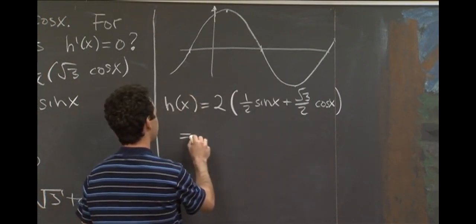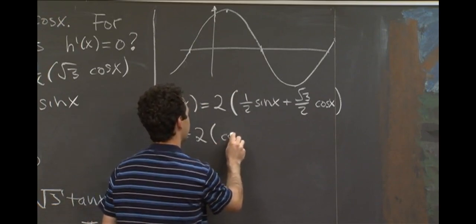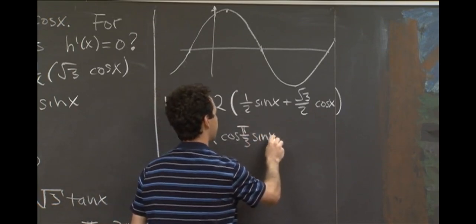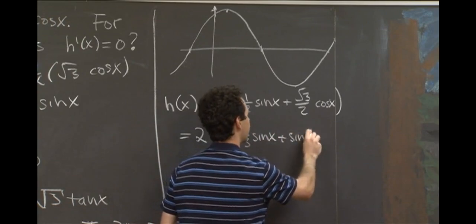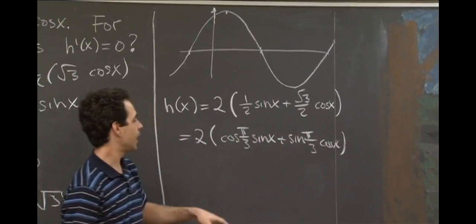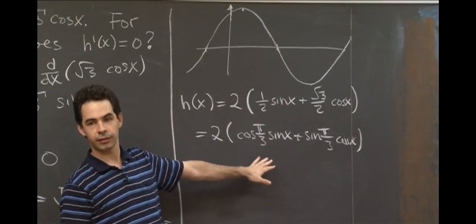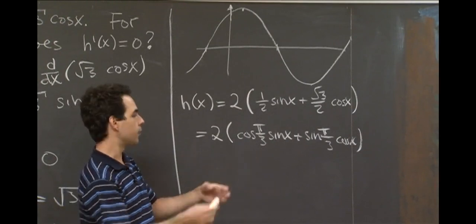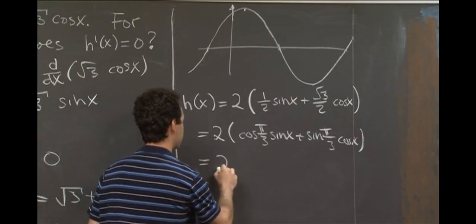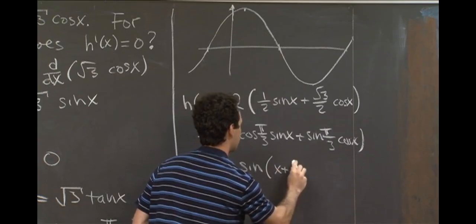So I can rewrite this as 2 times cosine pi over 3 sine x plus sine pi over 3 cosine x. And this is exactly what you get when you do the angle addition formula for sine. This is the expanded out form, and so we can apply it in reverse and get that this is equal to 2 times sine of x plus